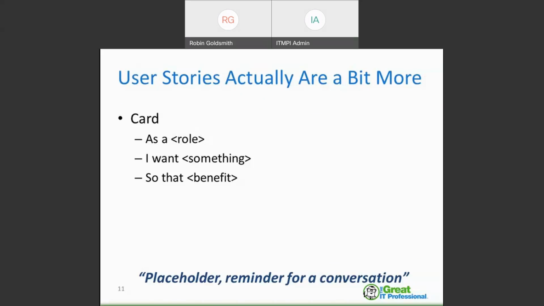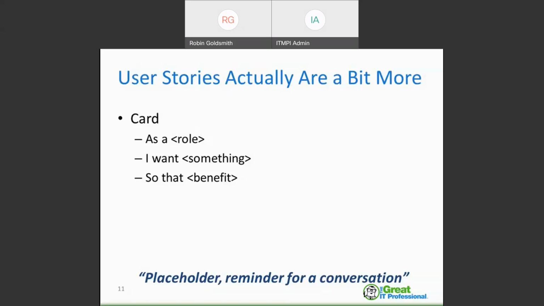which recognizes that there are three aspects to user stories. The first aspect is called the card. That's the as I want, so that. And that goes on the front of an index card, so it's very brief. And this Agile tends to use this disingenuous phrase that user stories are not requirements, but rather placeholders or reminders